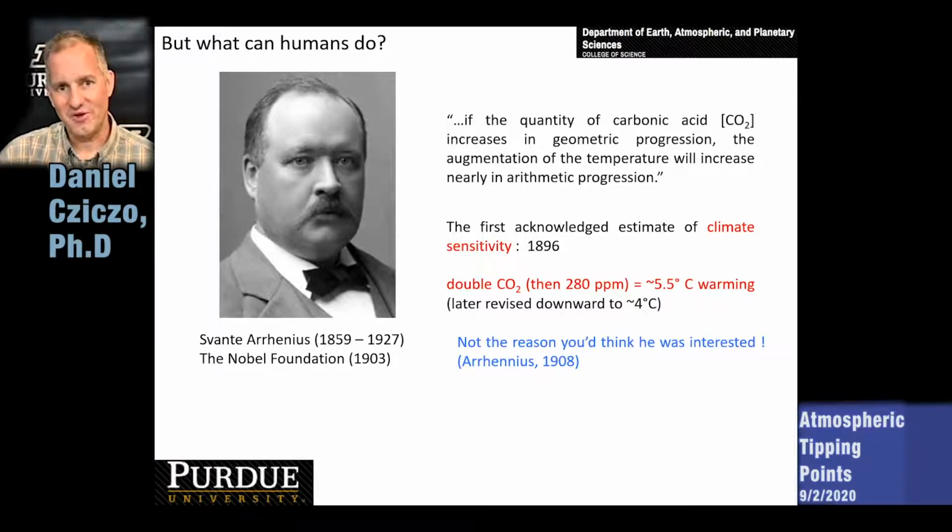He wasn't actually looking at this for the reason that we might think. Svante was from Scandinavia, and he was thinking that the planet was too cold for Scandinavia, and was thinking about changing the CO2 concentration to warm the planet up. He was trying to get some idea of how much CO2 had to be emitted to get a change that he was interested in. There's a common term called geoengineering now, the intentional changing of a planet's climate. And in some ways we can think of Svante as being one of the early geoengineers trying to actually warm the planet up, not foreseeing the increase of CO2 due to human activities, which has already done much of what he was considering in the late 1900s.